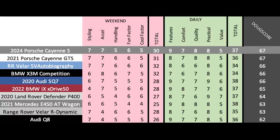And the Doug score is here, 67 out of 100, which places this Cayenne S here against some similar cars all the way at the top. That's no surprise because the Cayenne has always done well with the Doug score, since it's a fantastic combination of luxury, practicality, and tech, along with strong performance, daily and weekend categories. This new Cayenne S is tremendously expensive, but it also delivers in basically every way. It's fun, it's nice, it's practical, it's good looking. If you can afford it, what more could